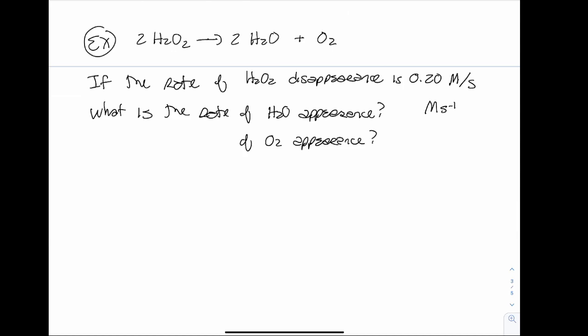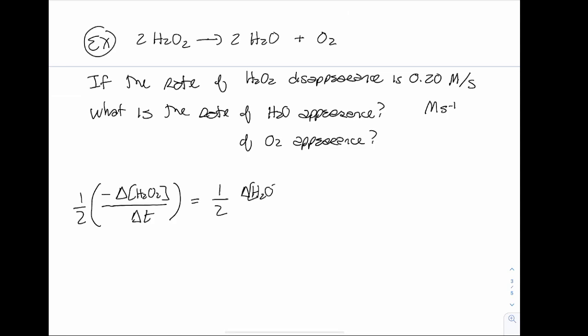So the first way we can calculate it is using our rate expression that we wrote earlier. We had a negative change in hydrogen peroxide concentration over my change in time. And then because there's two of them, I had that 2 on the bottom. I am going to write this with the 1/2. I think it's easier to think about it this way. It's going to come out to be the same. However you like it, but I am going to put that 1/2 in front instead of putting the 2 on the bottom. And then that was going to be equal to 1/2,